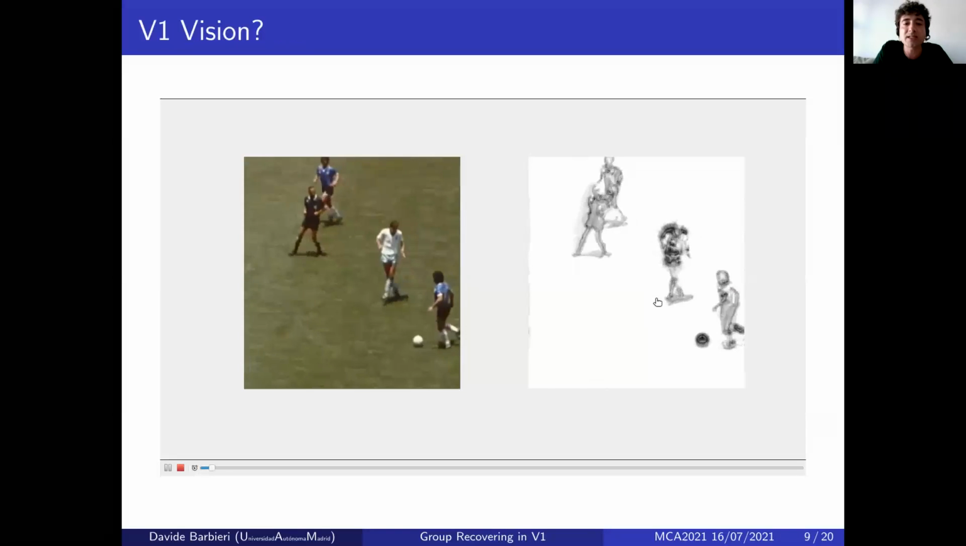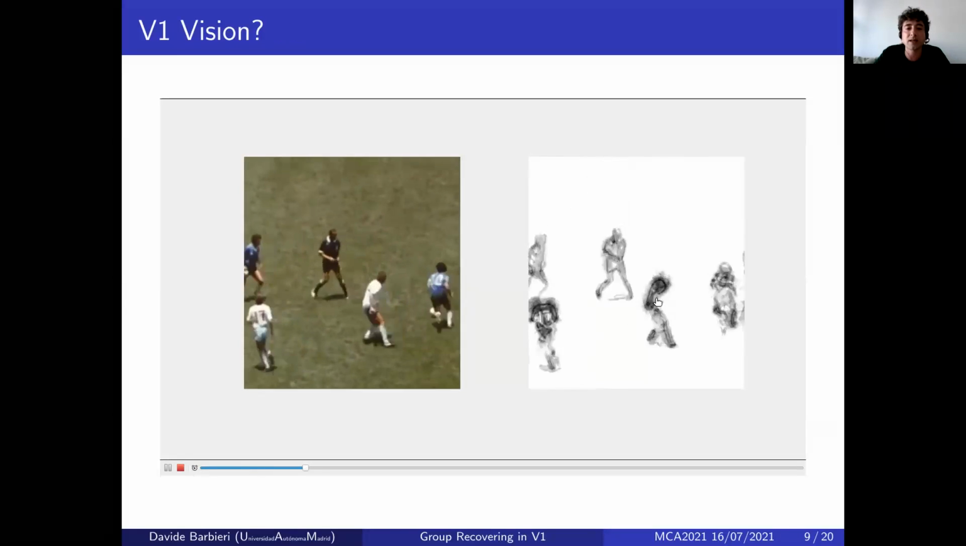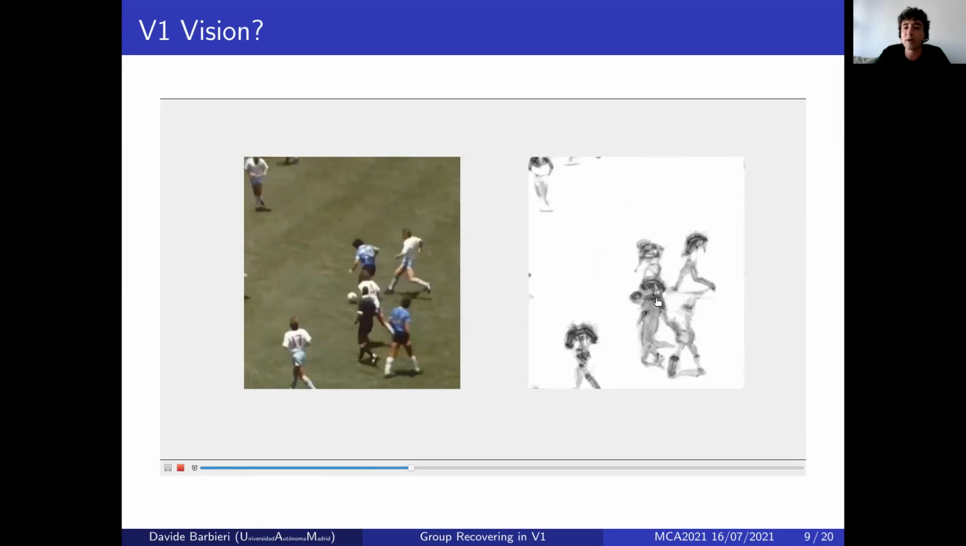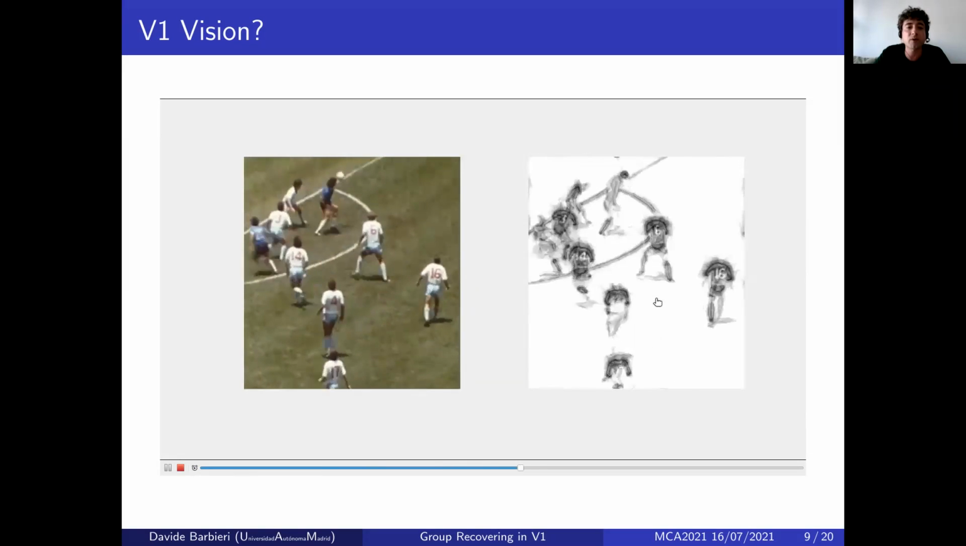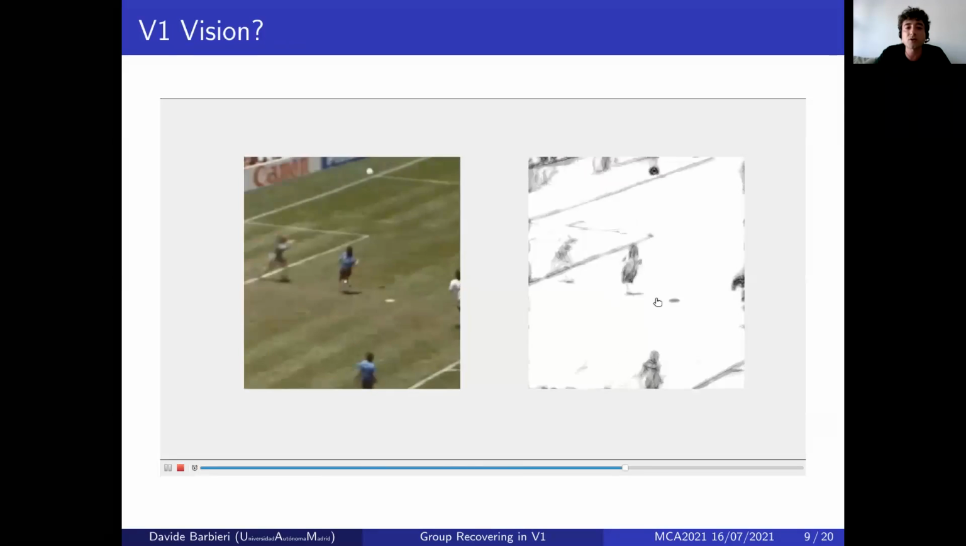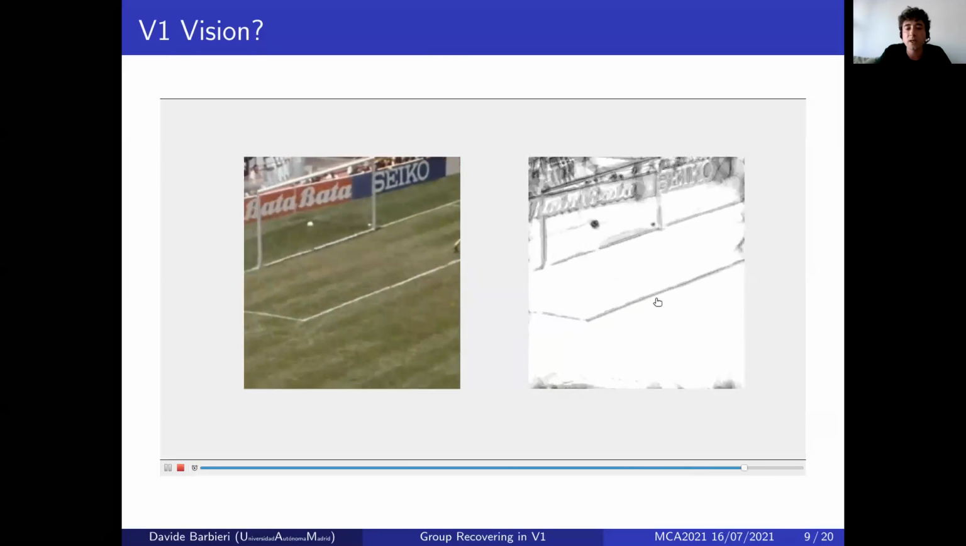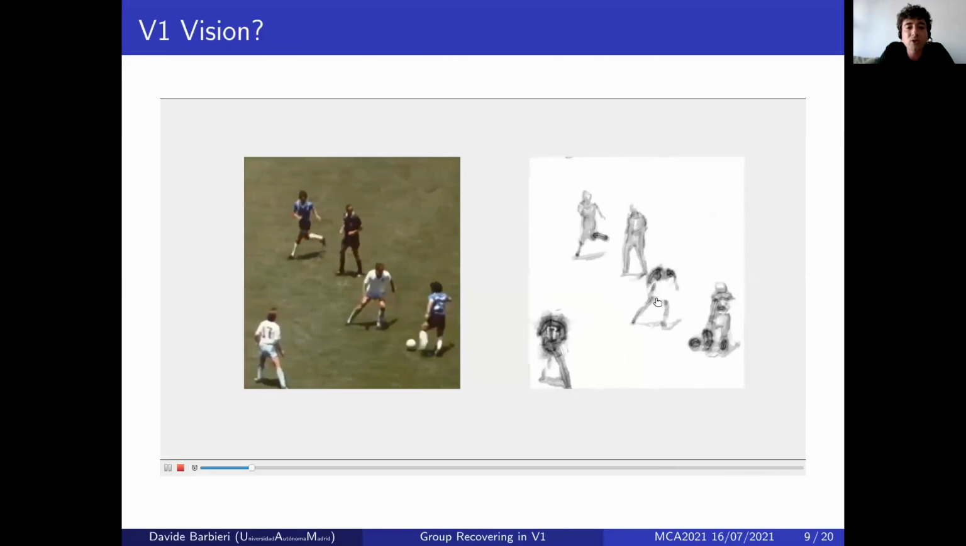So is this the end of the story? Is this the activity of primary visual cortex? Is primary visual cortex simply an edge detector? So end of the story, what is the problem? So the problem is that we don't have